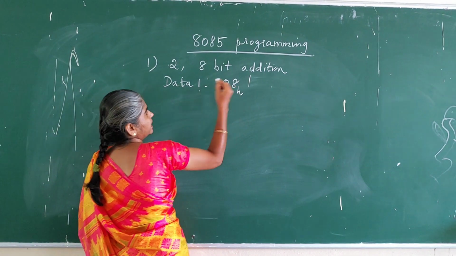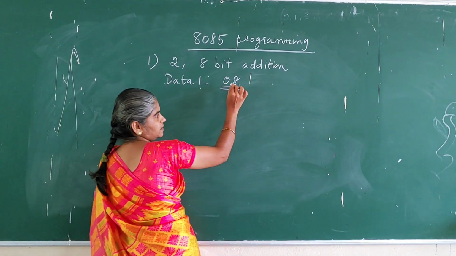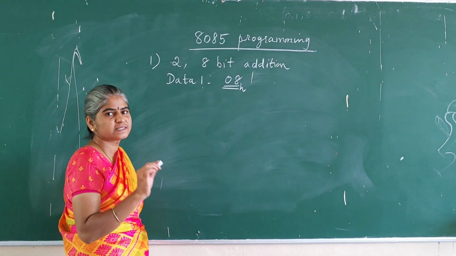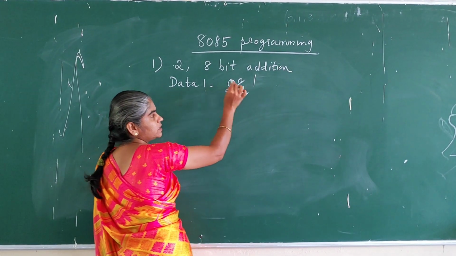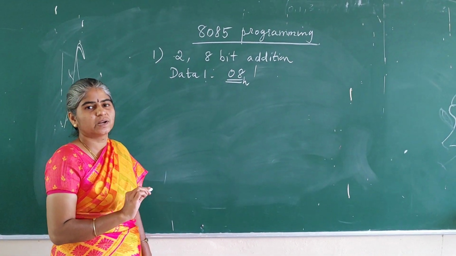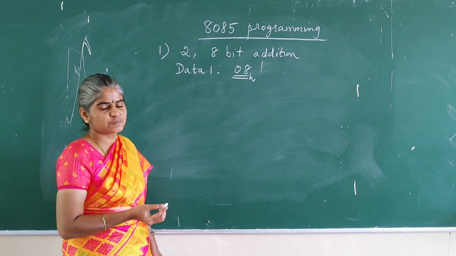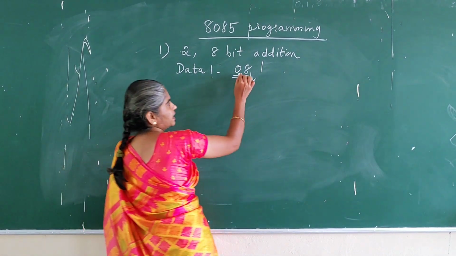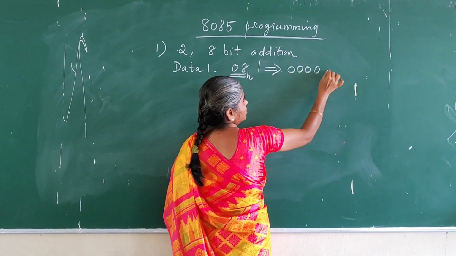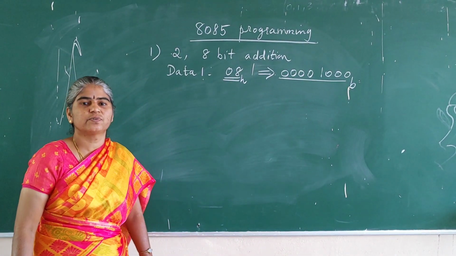Here I assume 08H. That means 08 is a hexadecimal value. This hexadecimal value is given to the microprocessor for the addition operation. We use an 8-bit hexadecimal value because as a user or programmer we can only take hexadecimal values, but the microprocessor accepts only binary data. The hexadecimal value 08 has the equivalent binary value 00001000. So this binary value is accepted by the microprocessor for processing.